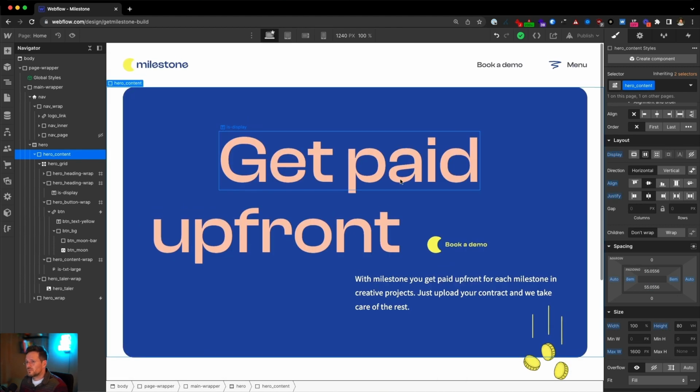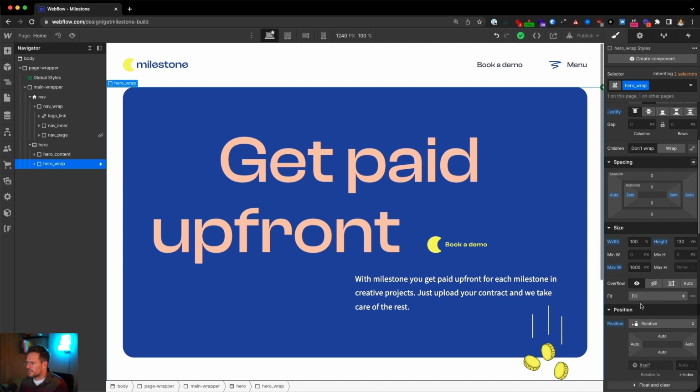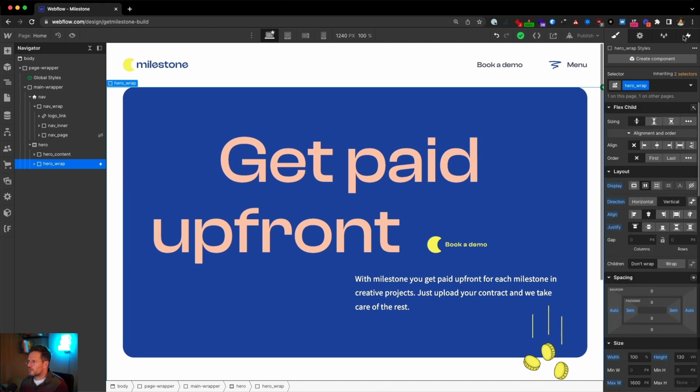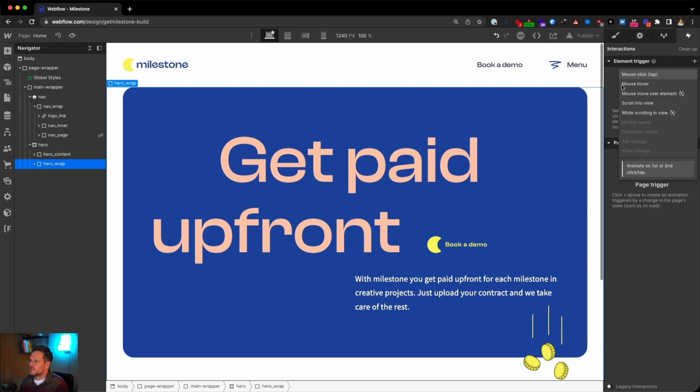Now let's move on to the scroll animation. So for the scroll animation, we need to choose the hero wrap, because that's where we want the animation to happen actually. Let's switch to the interactions tab, and you can see there's already, I can delete that.